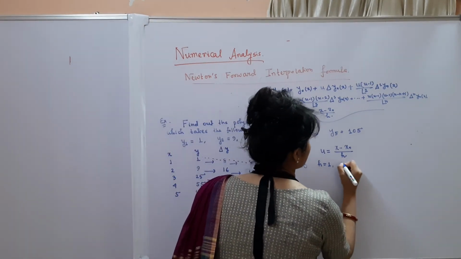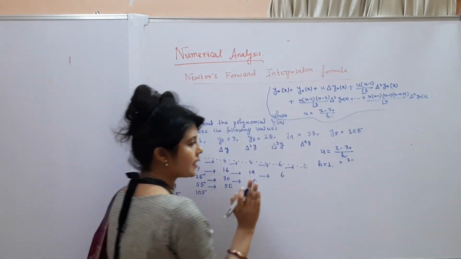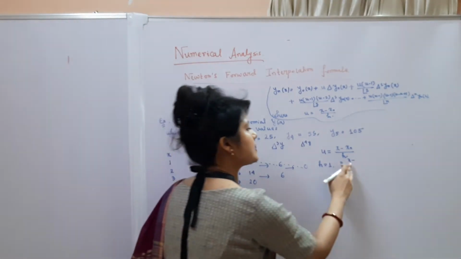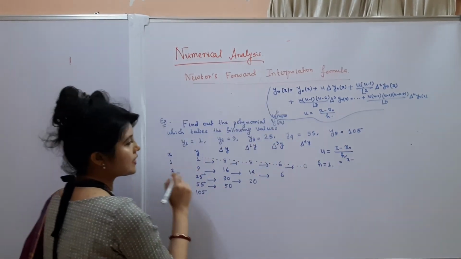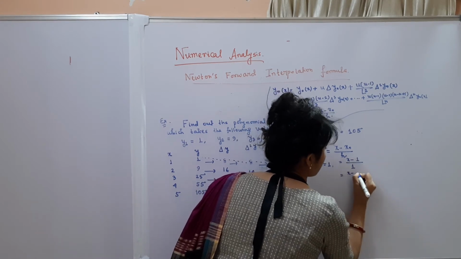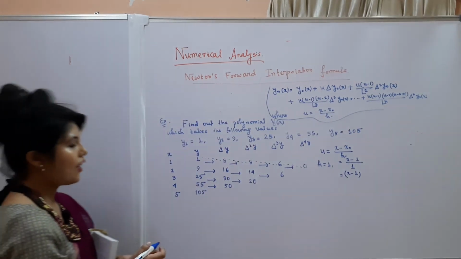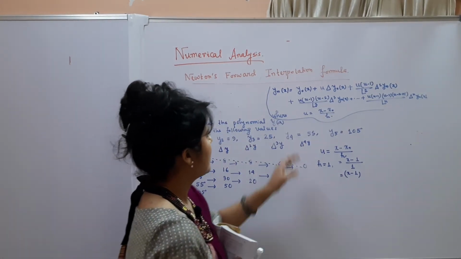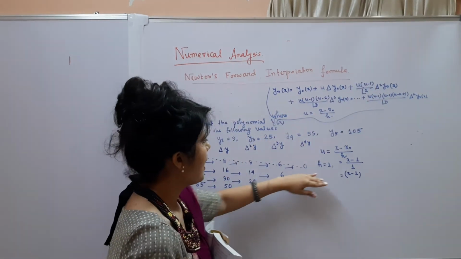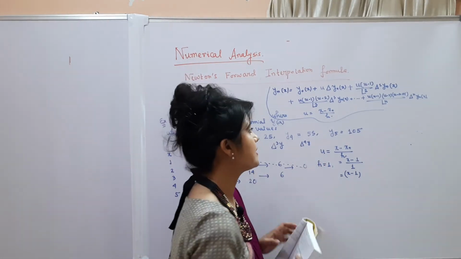Now for u, u is equal to x minus x0, because no x value is given here. You need to find out the polynomial in x, so this x would be like this x. Now what is x0? It is 1. What is h? It is 1. So therefore x minus 1 is u. Okay, now everything is in your hand, you know all the values y0, delta y0, and so on. You know u, that is x minus 1, and you know h, that is 1.